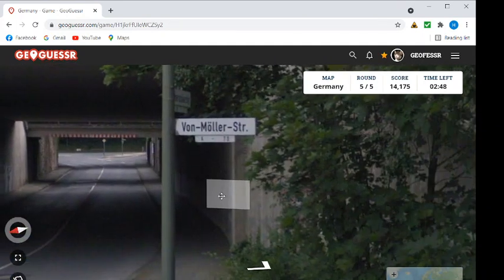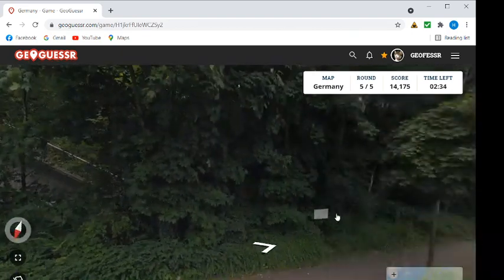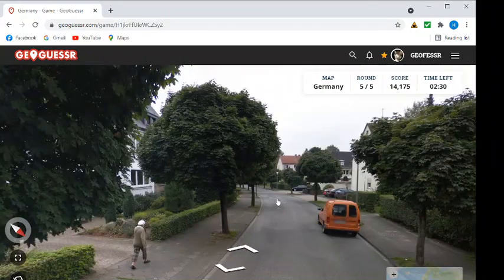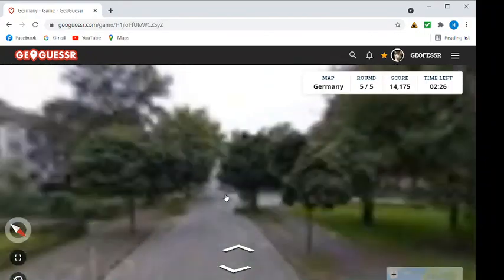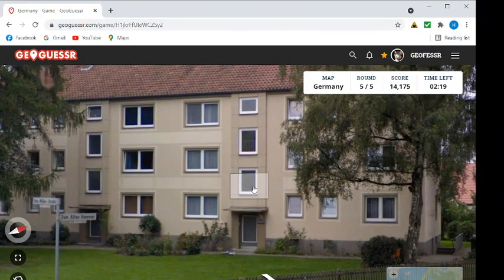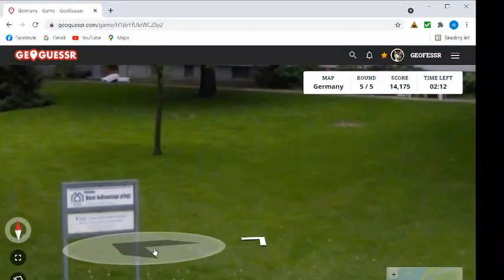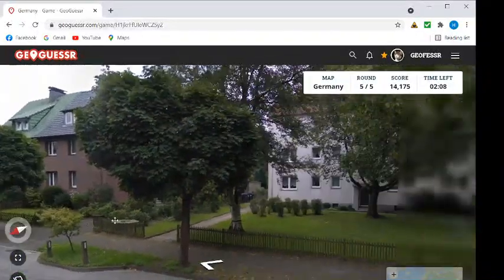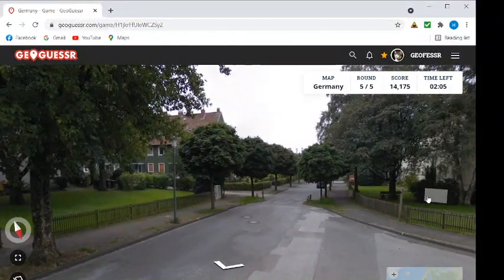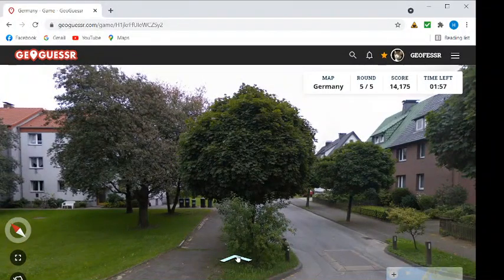Von Millerstraße. Okay. I do not recognize that street sign style. It's not Berlin because the typeface is wrong, although Berlin has the white signs. Okay, it's not Dresden. Yeah, it's not some place that we've seen so far in this stream, I think. Those look potentially like they could be the Eastern architecture, although, yeah, if it is Eastern architecture and it's not Berlin and it's not Dresden, where else could it be? Leipzig? Could be a smaller city, like Rostock or